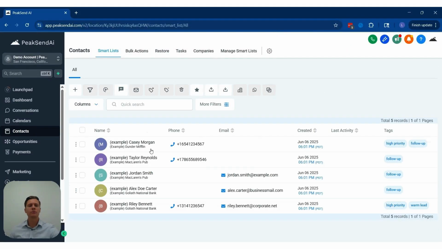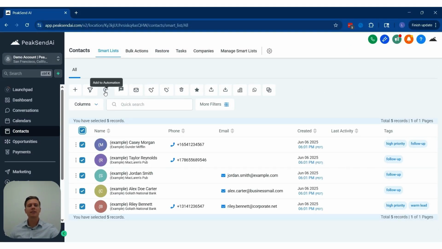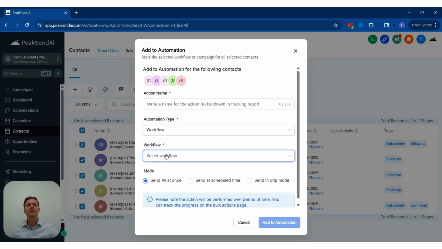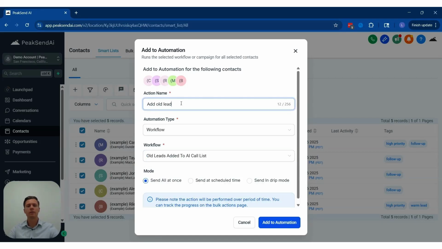And right now, this will just have some example contacts, but you could select them and then click this little play button, which is what adds it to an automation. And then from there, you would select that workflow you just created. And we could name this add old leads to call list. And you can send it all at once since we're already handling the drip process within that